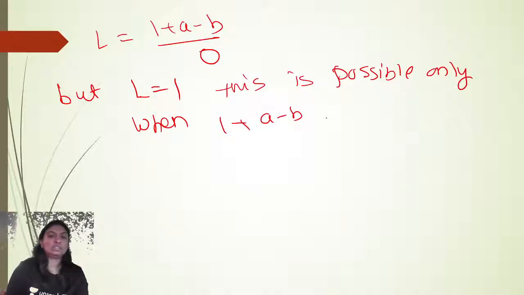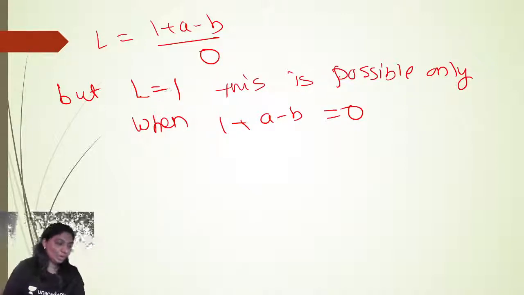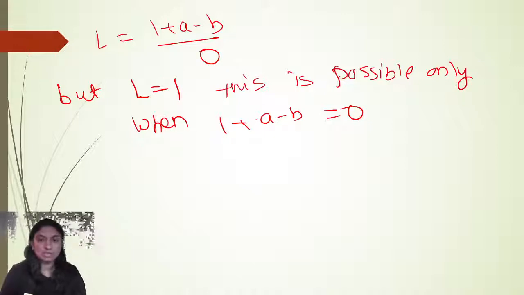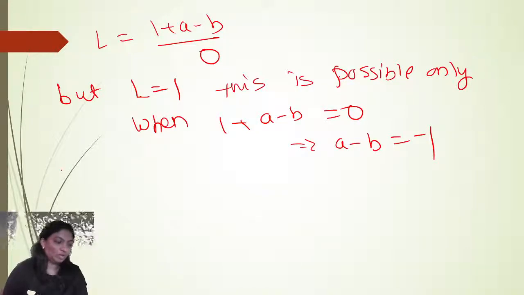1 plus a minus b is equal to 0. Why? Because otherwise this won't be a 0 upon 0 form. So using this, a plus b, so a minus b, which implies a minus b is equal to minus 1. So by using this value of a minus b equal to minus 1 in this equation,